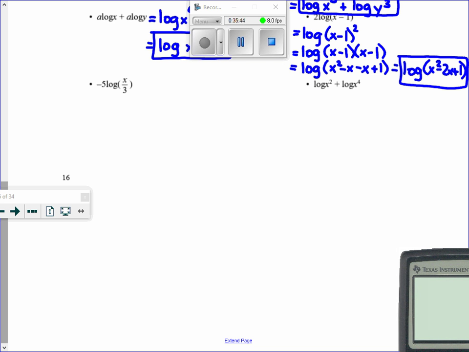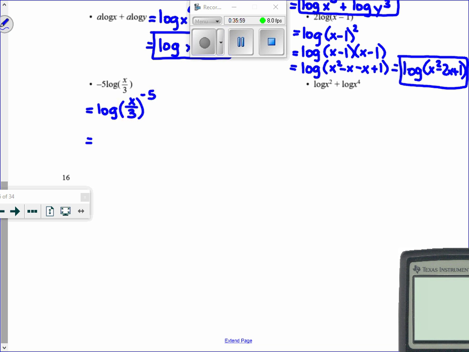Okay, negative 5 times log of x divided by 3. So I'm going to bring up my negative 5 first. So this is the same thing as log of x divided by 3, all raised to the power of negative